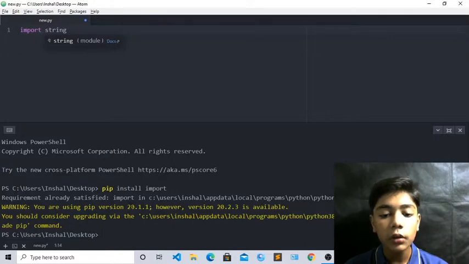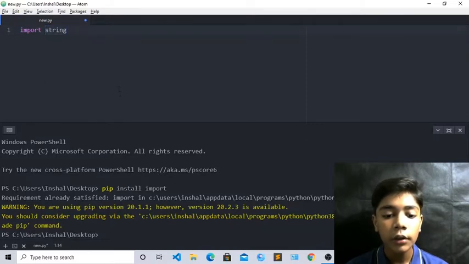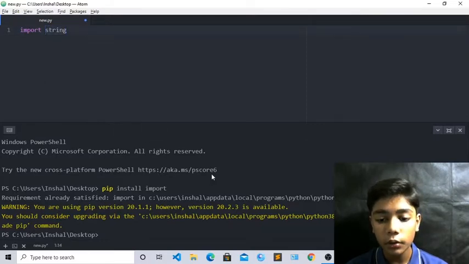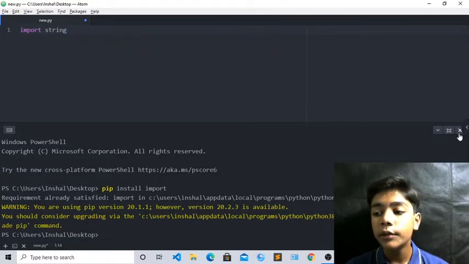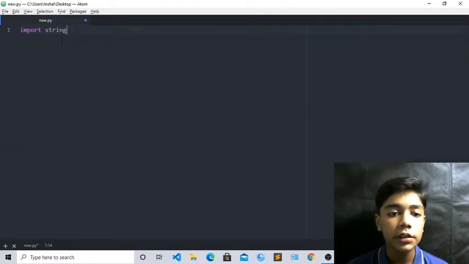You can use the old version of pip. Okay, this is not something where you must take the latest version. No, you can also use the old version if you want to. But if you want to, you can use dash m pip install dash dash upgrade, so it will upgrade your pip to version 20.2.3, which is available and is the latest version here. Okay, now just close it from here. Now we will start again.